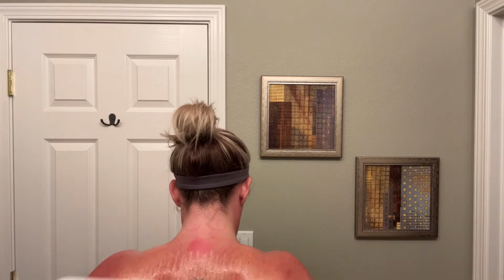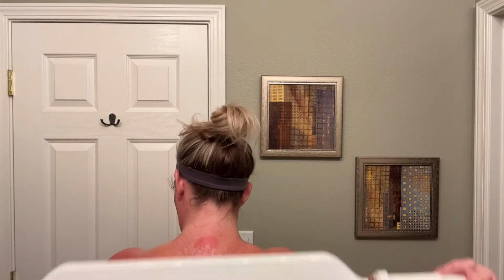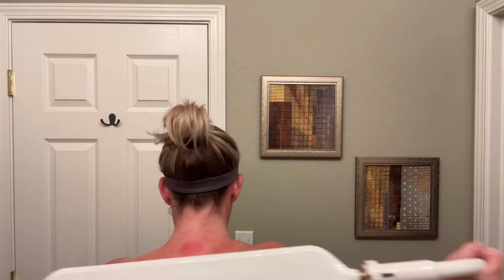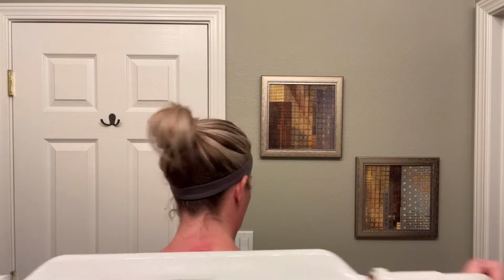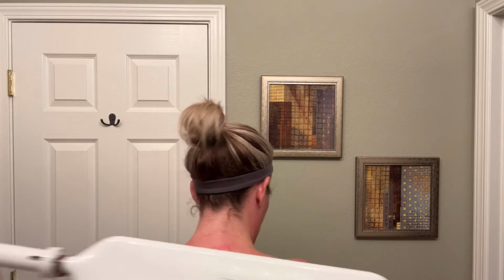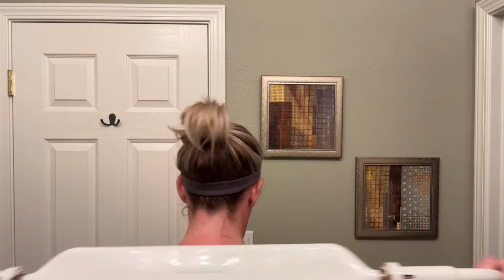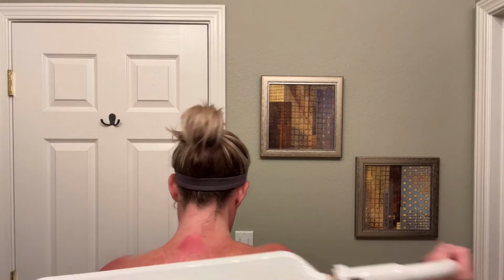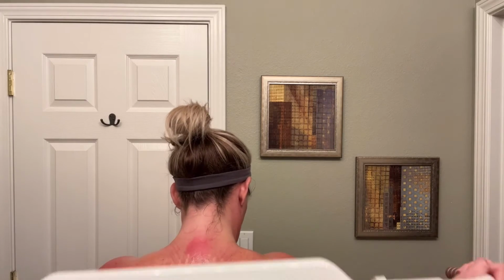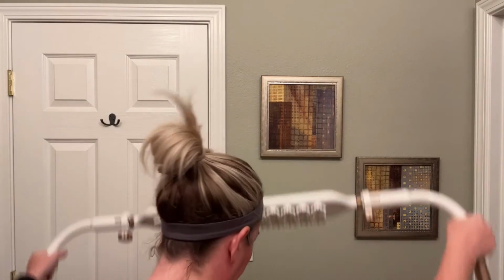And then I like to go up and down. I have to grip it differently to go up and down. But usually I do this for about 2-3 minutes, especially right now because I haven't been consistent with doing my fascia blasting. And you don't want to go too long when you're first starting out. Okay. So you guys kind of get the idea there. Go up and down, okay? All right, so